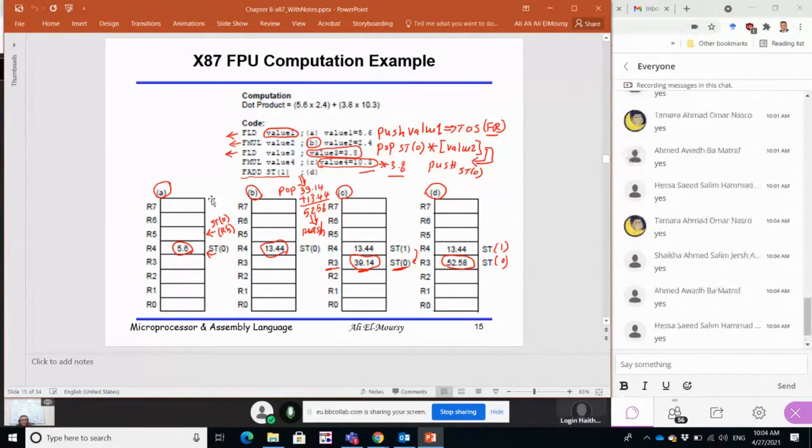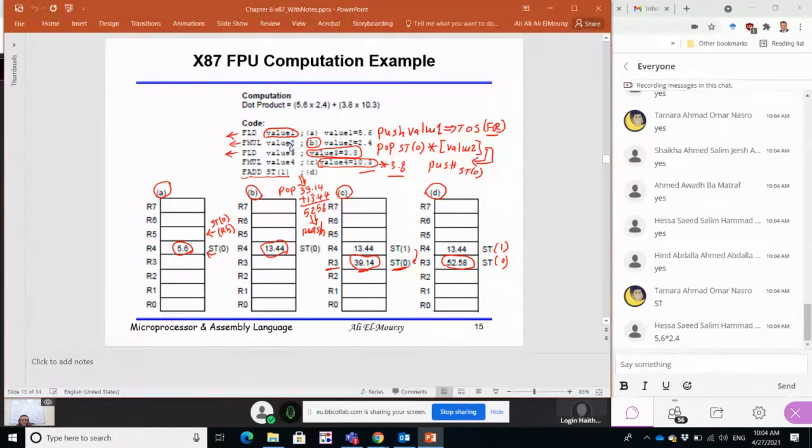Then the next instruction is fmul value 2. Here I'm giving only one operand to the fmul. That means the other operand by default is ST0, okay, the default operand. So what does the fmul do? It will pop the value of ST0 from the stack, go to the value 2, get it from the memory,